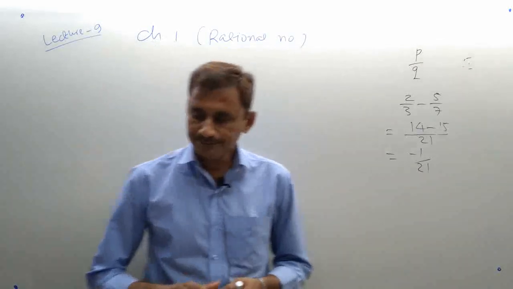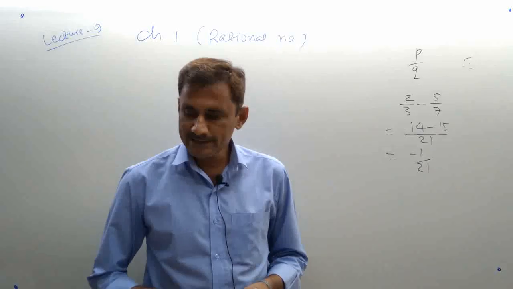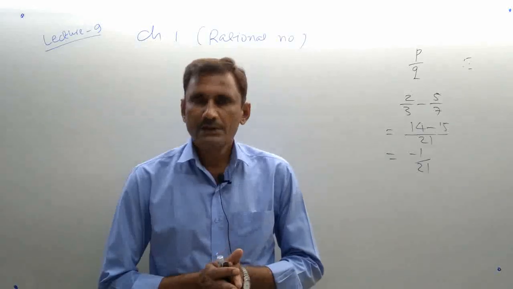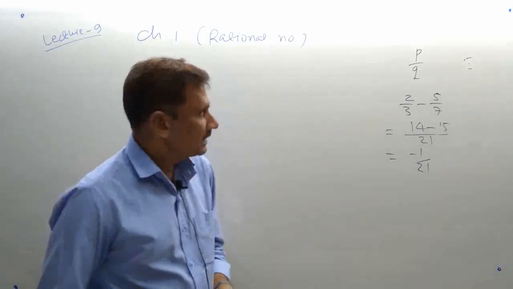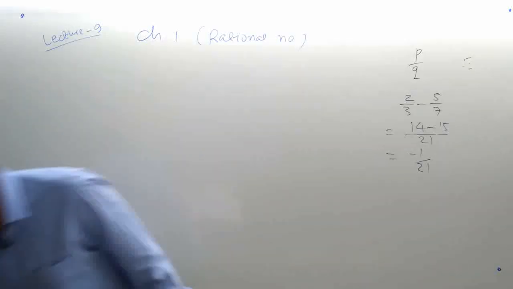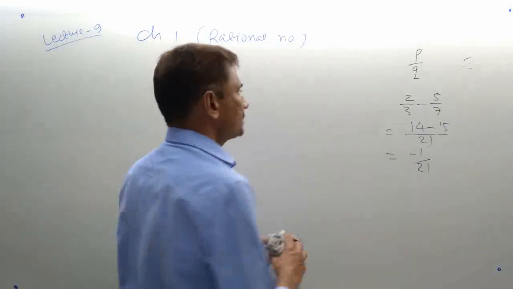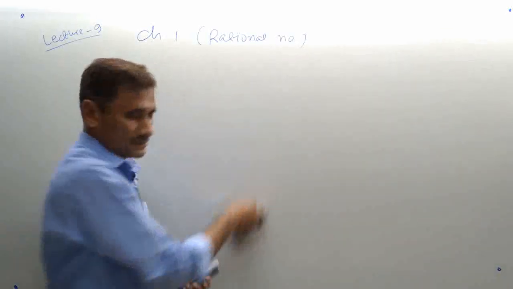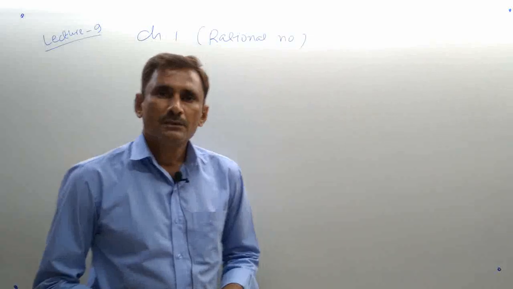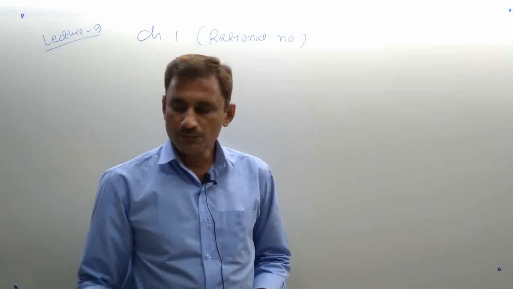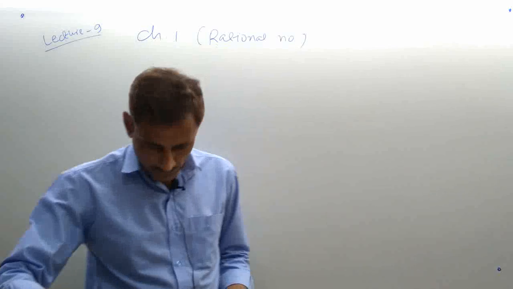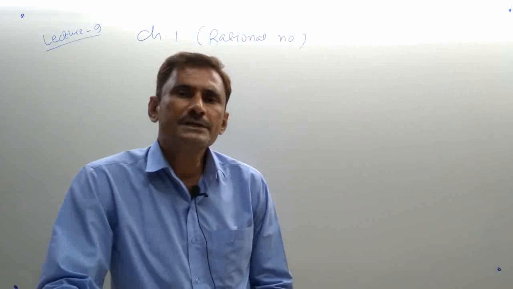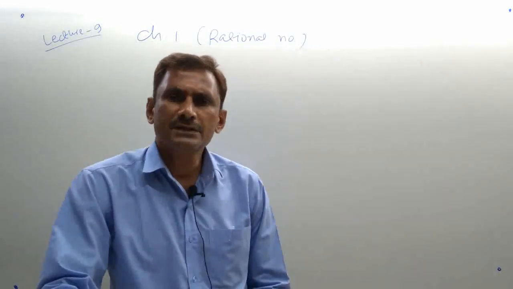And at last, we discussed example number 12, which is regarding addition only. So now let's see the next operation of rational numbers, multiplication. Multiplication is known as product also. So let's see first of all the properties of rational numbers. You have already been using these properties since lower primary level, but here they are given systematically and in statement form.